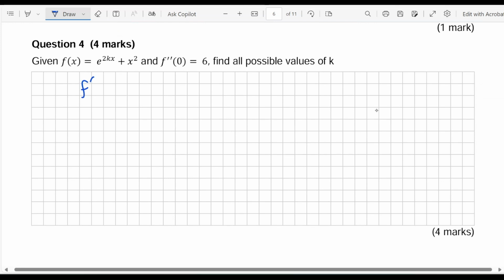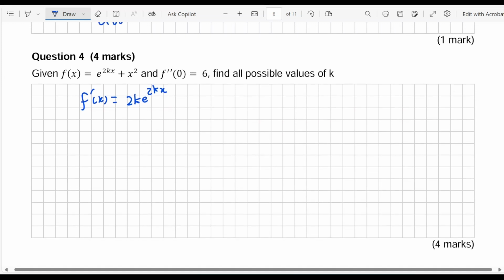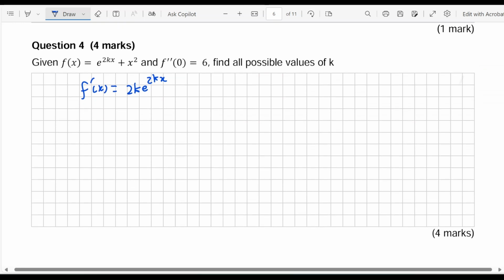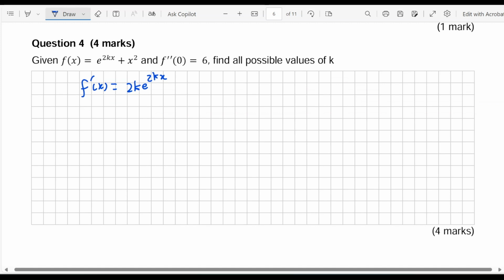So first thing we've got to do is calculate the second derivative. So this is going to be 2k coming out the front, just like that. Because remember, any constant like 2k, when you have 2kx, that'll differentiate down to 2k, and that comes out the front. There's plus 2x at the end. Then f'' of x, we're going to be bringing another 2k, so that's going to give us 4k squared